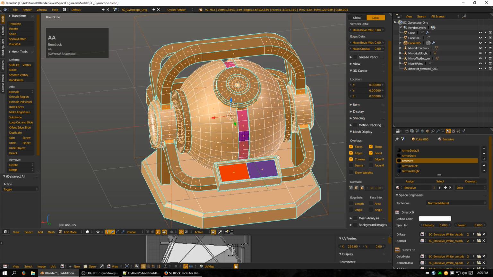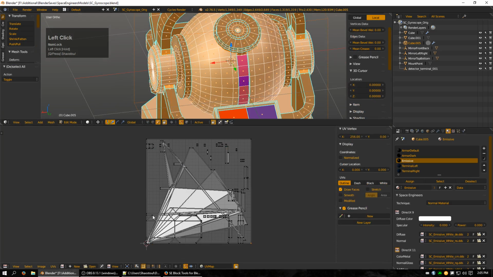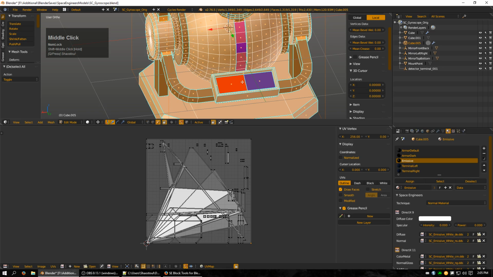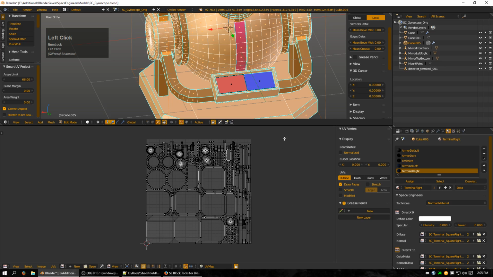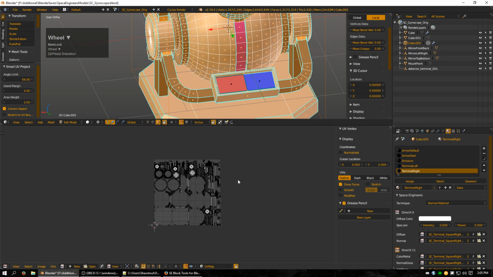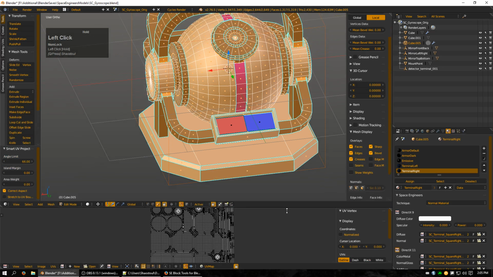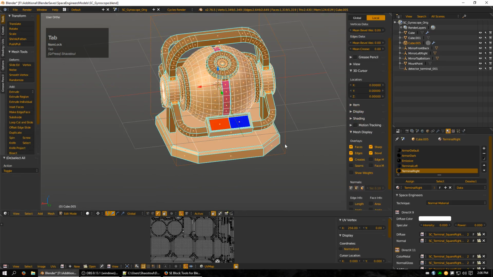Alright, and now another step is we need to redo the UV map. You can see it's all messed up down here. But we don't want to mess up the panels. So we're going to unselect those and then unwrap Smart UV project and just there. And that's pretty much everything that we needed for this. And I can move on to the next